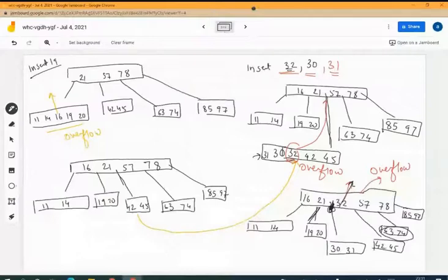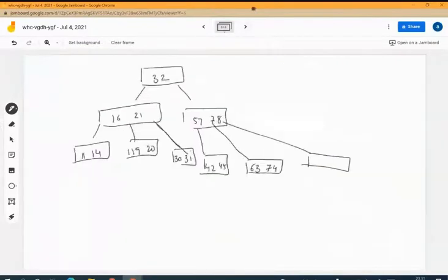In other words, it is the right of 21 only. But when 32 was there, we had to consider its left and right, 32's left and 31's right. But when you're pulling this element, naturally it will remain the right of 21 because it cannot go with 32 at the upper level. Clear? Yes, ma'am. So here we have kept the remaining element as it is, that is 85 and 97.